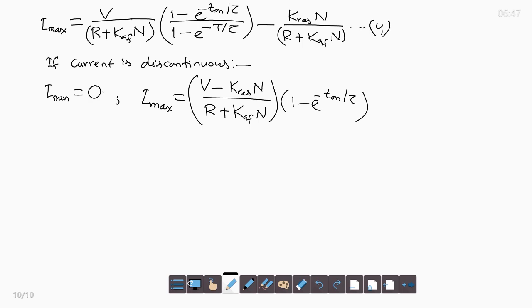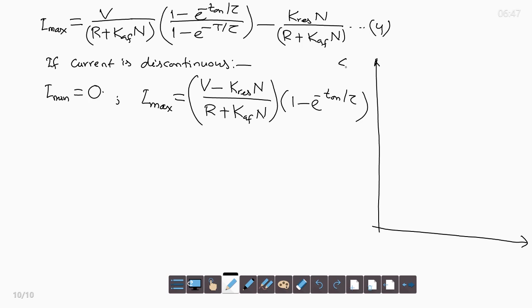Now, you have got the limits of the current, I minimum and I maximum, and using them you have got the expression of the current I A. So, you can compute the average value of the current I A using the general technique, and also you can find out torque and speed, and you can now plot the speed torque characteristics for a DC series motor with chopper control.